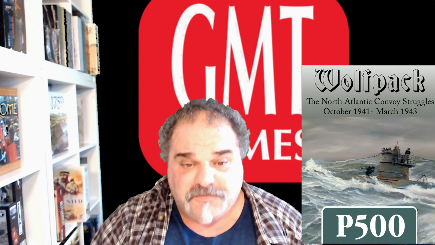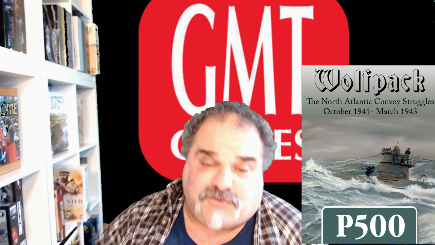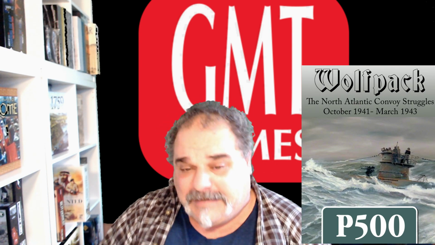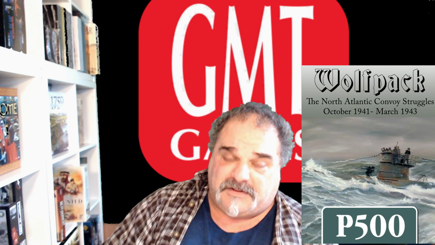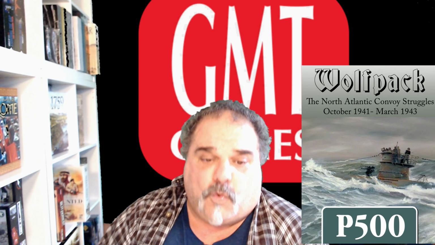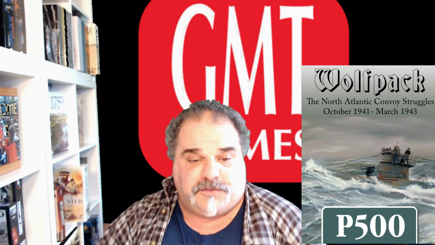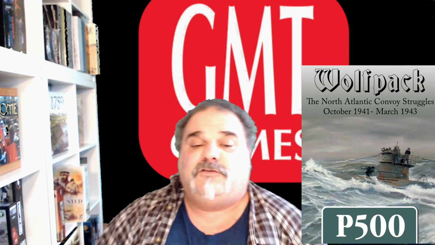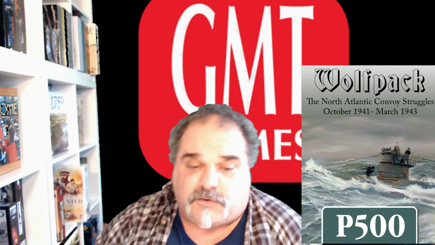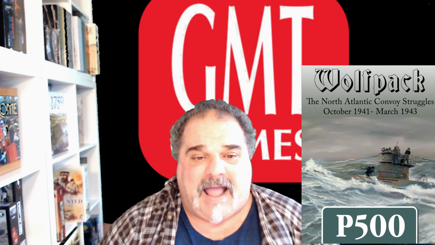Wolfpack. The North Atlantic Convoy Struggles, October 1941 to March 1943. Wolfpack is a tactical historical game depicting the struggles between the German submarine Wolfpacks and the Allied merchant convoys of World War II. The game is set in the vast North Atlantic from late 41 to 43. This is a 1 to 4 player solitaire team game, and when playing solo, the player will command 2 to 4 submarines. And what you get with Wolfpack is,